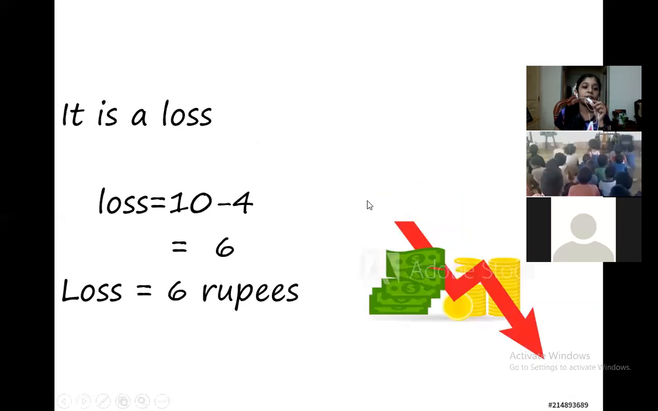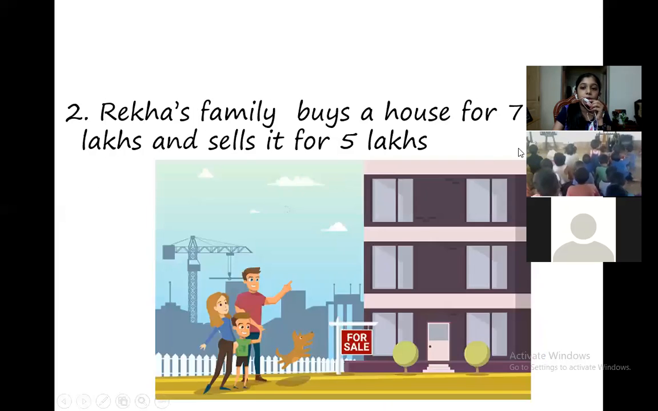Yes, he gets a loss. So how do you find a loss? Loss is equal to higher number minus lower number. 10 minus 4, which is 6. So he gets a loss of 6 rupees. Okay. So the next you can do and say me the